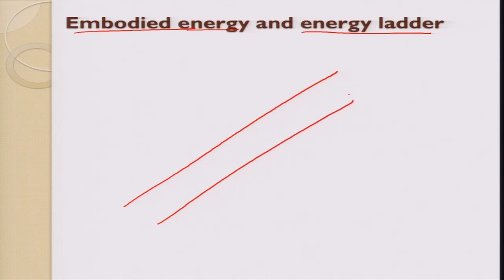So this energy ladder, what does it do? It describes the way in which households will move to the more sophisticated fuels as their economic status or income improves. So one who can afford the higher level of energy, they use that. Like though households do move away from wood to kerosene and electricity as their economic status improve. So energy ladder can be put in this way. So this is a ladder that one needs to climb, and it has certain steps in it. So it is the socio-economic status here.